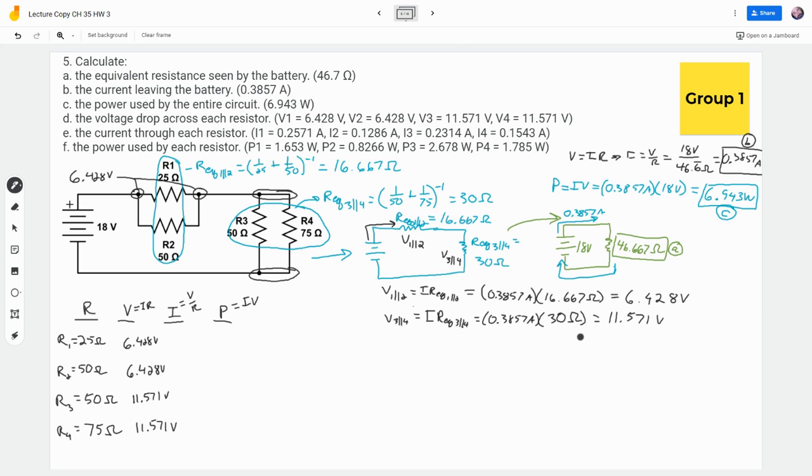Is there another way that I could have gotten this number without using REQ? There is. If you look here at this middle circuit, let me put some of these numbers back in. So this was 18 volts being provided by the battery. The voltage across 1 in parallel with 2, we figured that that was 6.428 volts. Well, there's a law, called Kirchhoff's voltage law, that we're going to get to eventually. But basically, if you have 18 volts being provided by the battery and you've got a voltage drop of 6.428 volts here, well, the rest of the voltage drop has to be across here. So we could have gotten this one by saying V of 3 in parallel with 4 has to be the voltage of the battery minus the voltage of 1 in parallel with 2. So 18 volts minus